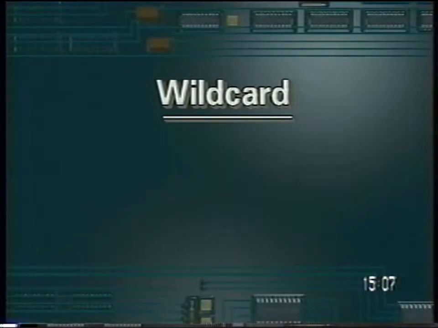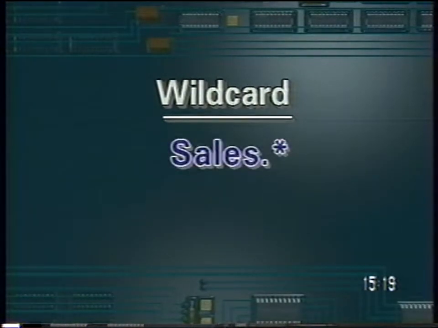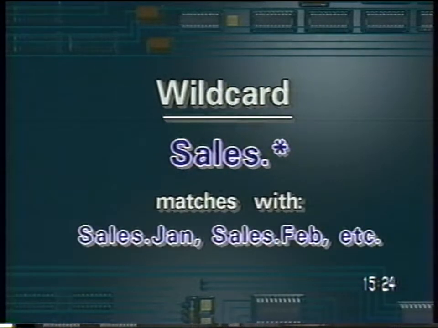But what if we want to display a directory listing for a group of files on a disk, all with the file name sales? They all have different extensions, but the common file name of sales. We can use the * wildcard to view the directory listings on all these files at once. The asterisk, usually called a star, is a special character called a wildcard. The star tells the computer to accept any character or group of characters. In this example, the computer interprets the wildcard star in sales.star to accept a file name of sales with any